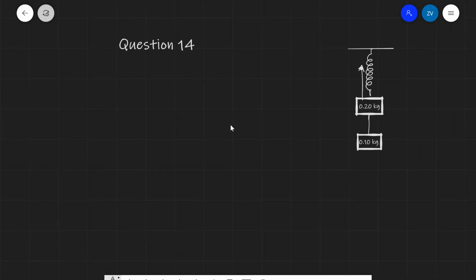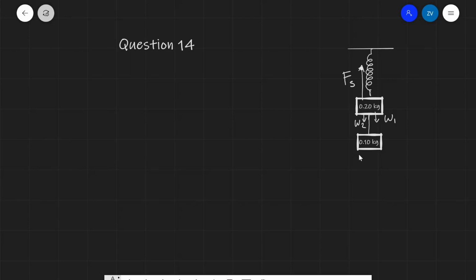This over here is the force from the spring. Let's just call that force F subscript S. We also obviously have the weight of the 0.2 kg box, so let's call that weight 1. And we also have the weight of the 0.1 kilogram box also acting downwards, which we'll call weight